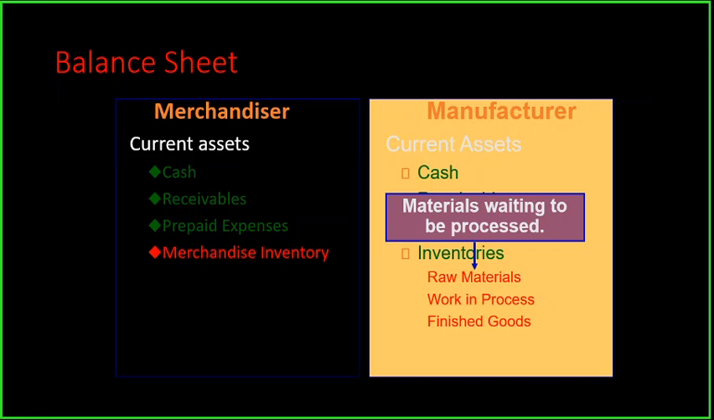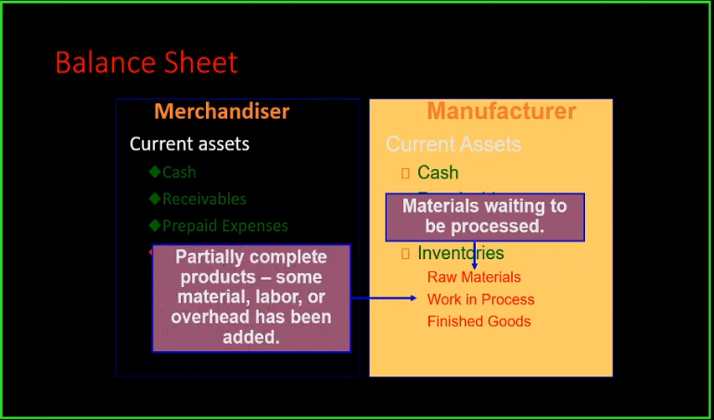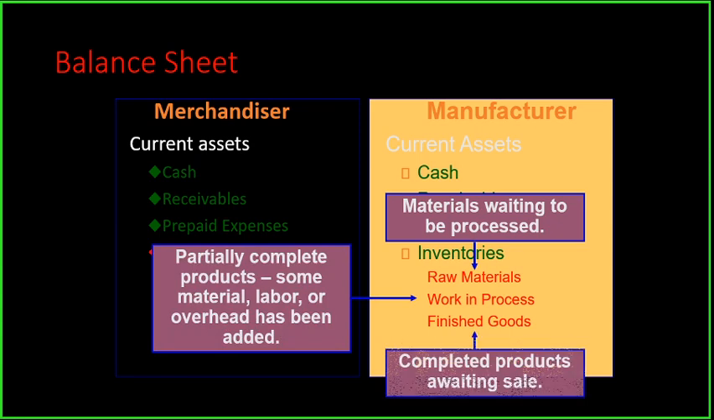Raw materials, this is what you purchased. Once they are processed and they are not yet finished, it's now work in process. If it is finished, it's now your finished goods. Okay, that's how easy it is. Okay, next,